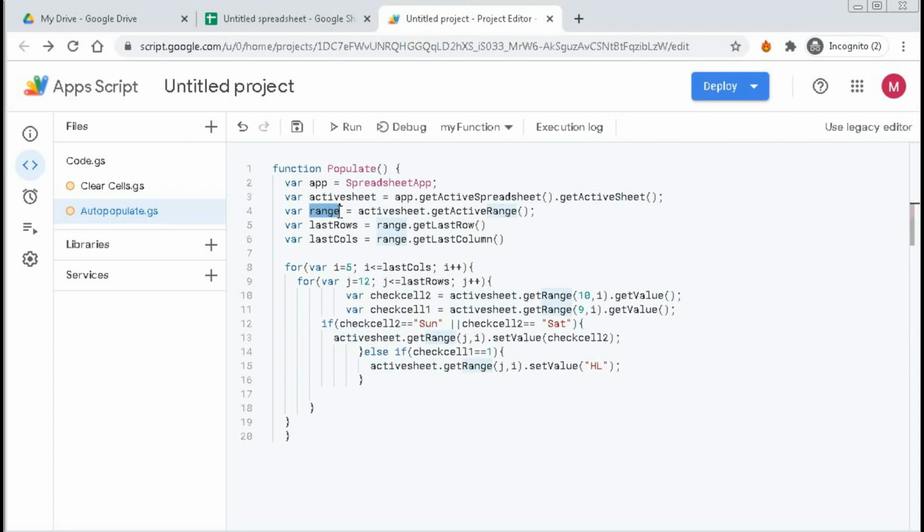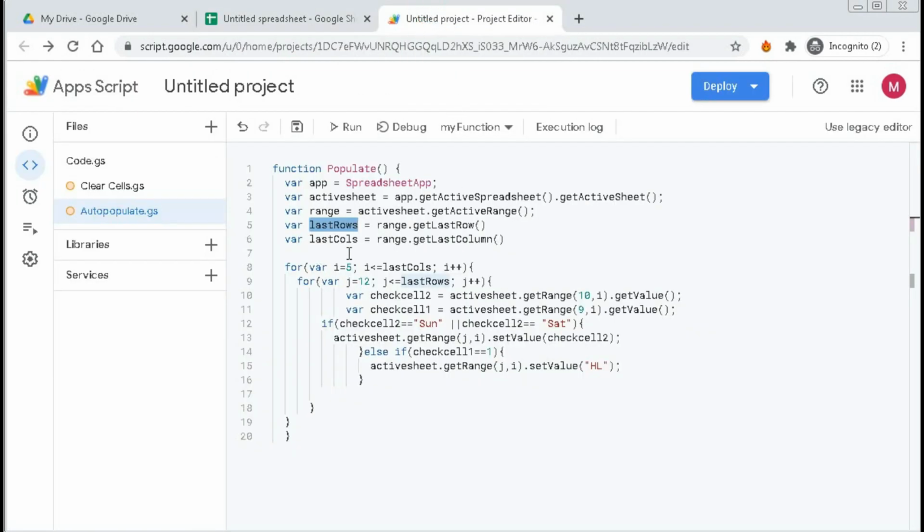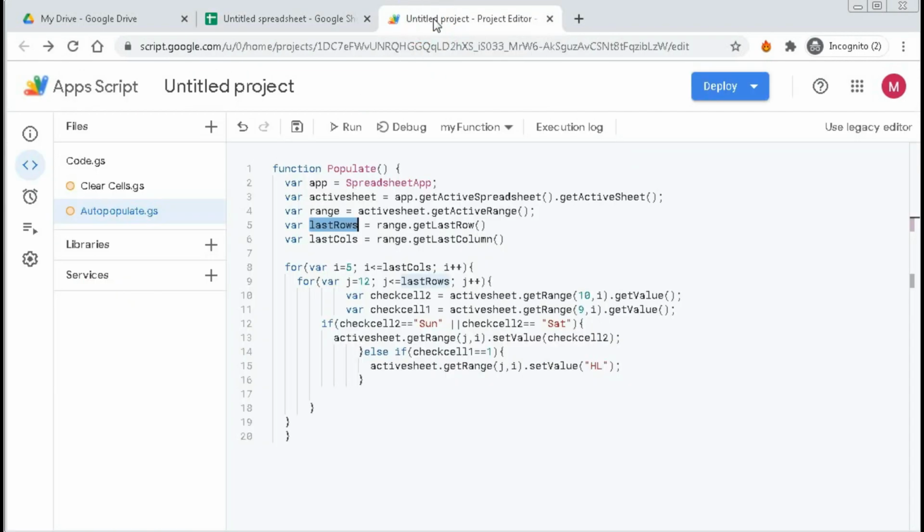That means the value of this range is the active range. And lastRow equal to range dot getLastRow. That means lastRow will be equal to the last row, that is 20, and this should be the last column and this should be the last row of the range.